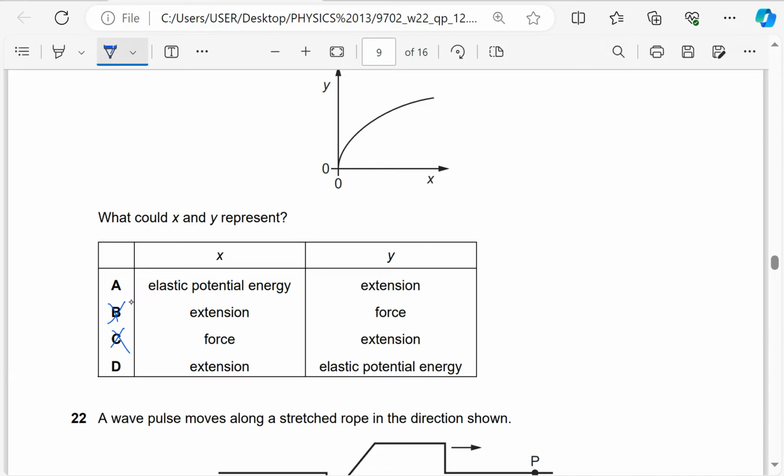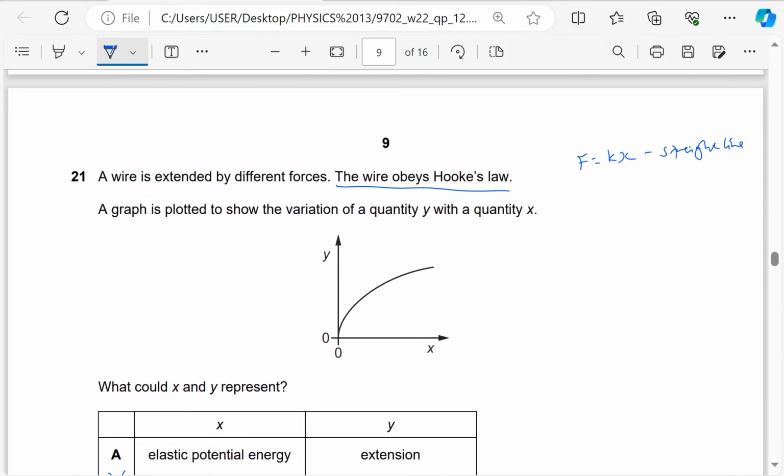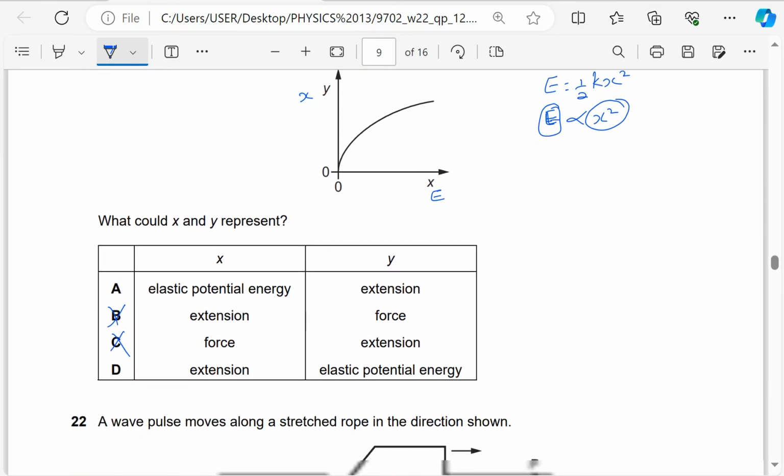Then let's check. It has to be elastic potential energy and extension. For elastic potential energy, it is a half kx squared, which means E is directly proportional to x squared. So it means E increases more rapidly as x increases. So it means the line curves towards the side of E. So E must be on the x-axis. So this should be E because of the square on x, and this should be the extension x. So the answer is going to be